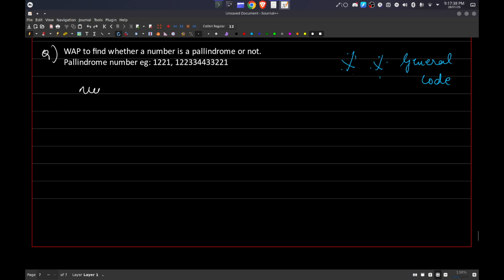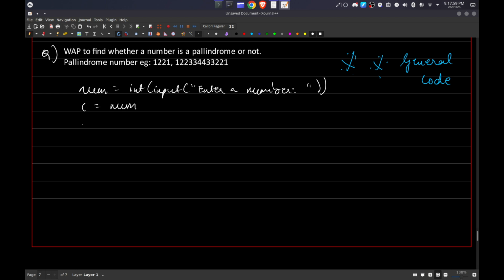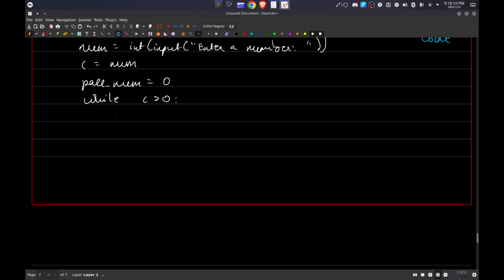We'll just take it as num int input, and now we'll keep a copy of the number. Why, I'll tell you. Okay, now I'll keep a c is equals to num, this is a copy, and also I'll say pal num equal to 0. Now while c is greater than 0, I will do